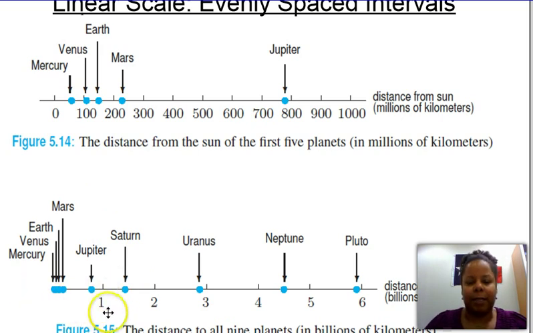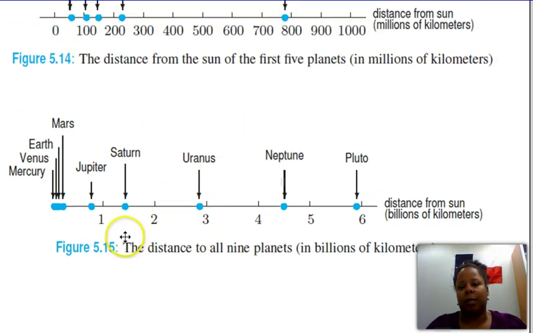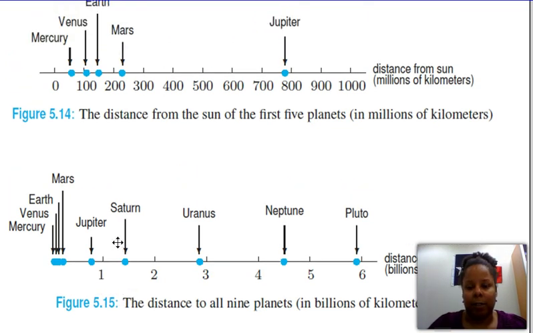And even that being the case, I would have an issue because, as you can see, Mercury, Venus, Earth, and Mars are very close together. They're within 1 billion kilometers from the sun, while the others are pretty spaced apart. So the linear scale really isn't helping us fit all of our data points on the same graph. So we may need to look at a different type of scale, and that scale is